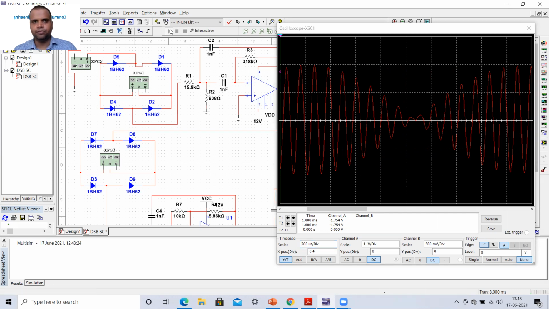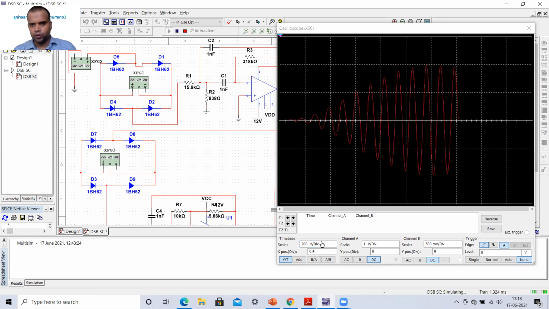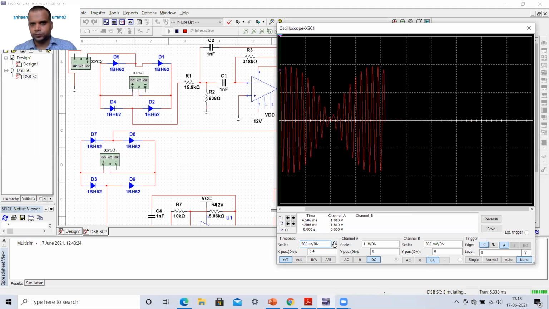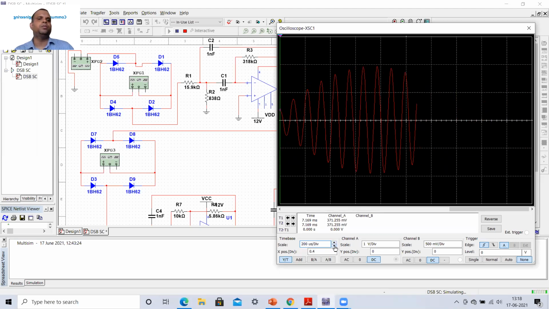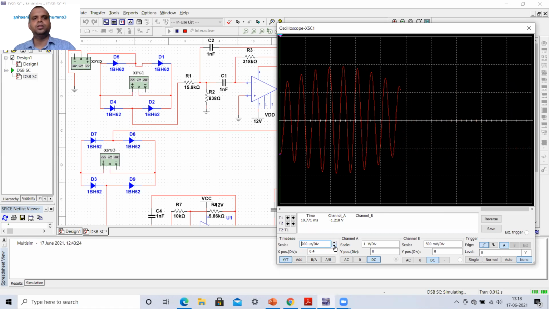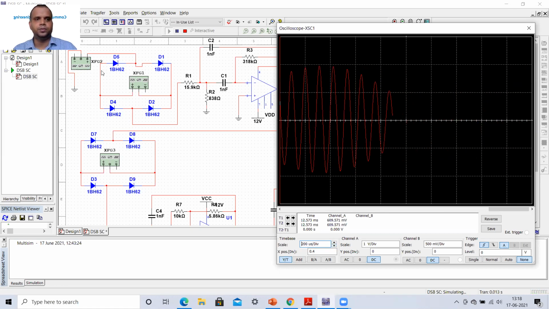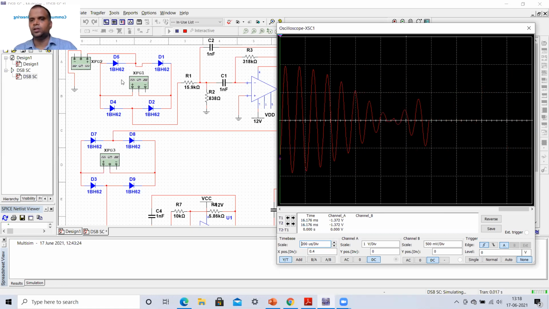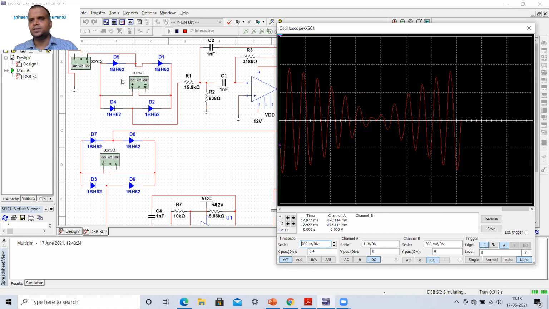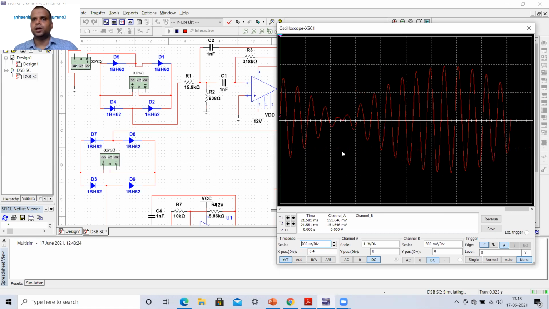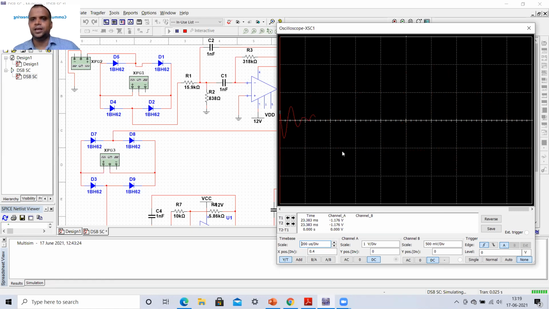So you can see this waveform again. This is our waveform of the DSBSC signal, which is a very beautiful output that we can obtain. The similar circuit you can also implement on your breadboard. So don't bother about whether the same thing can be implemented on the breadboard or not. You have to remember that I have taken this particular diode 1BH62. I think a normal diode will also work. You can also take the 1N4001 series or 4007 series; that will also work. So this way we are able to get the DSBSC output.